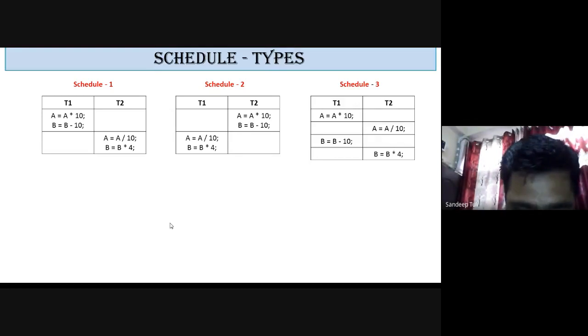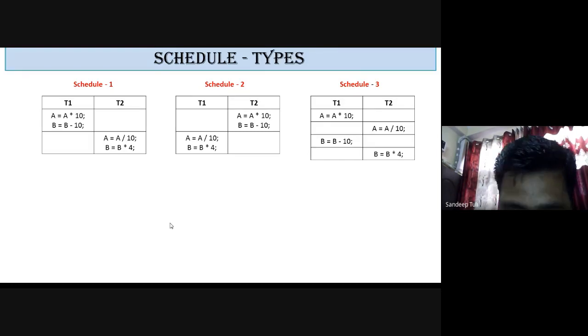Now you need to be aware, you will see some examples in order to understand whatever we have learned so far theoretically. So please concentrate on your screen. Now there are 3 different schedules. First of all, we will learn what a schedule actually is. I have told you that a schedule is a collection of transactions.